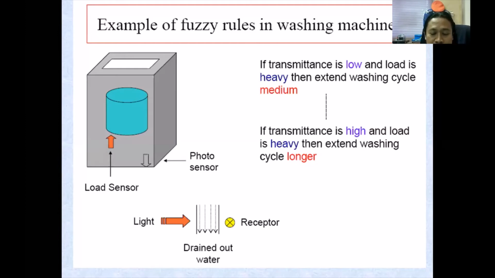Okay, is it clean or not? So we can study first. Okay, so how many cycles do you want? For example, if we have a heavy load, how many times do we need to wash our clothes? So first we do the experiment and study the performance, then we can make the decision.